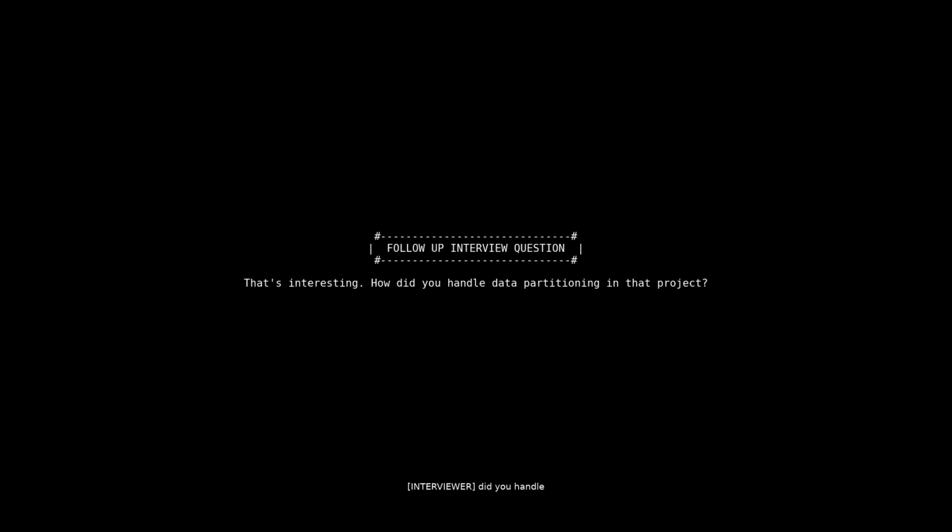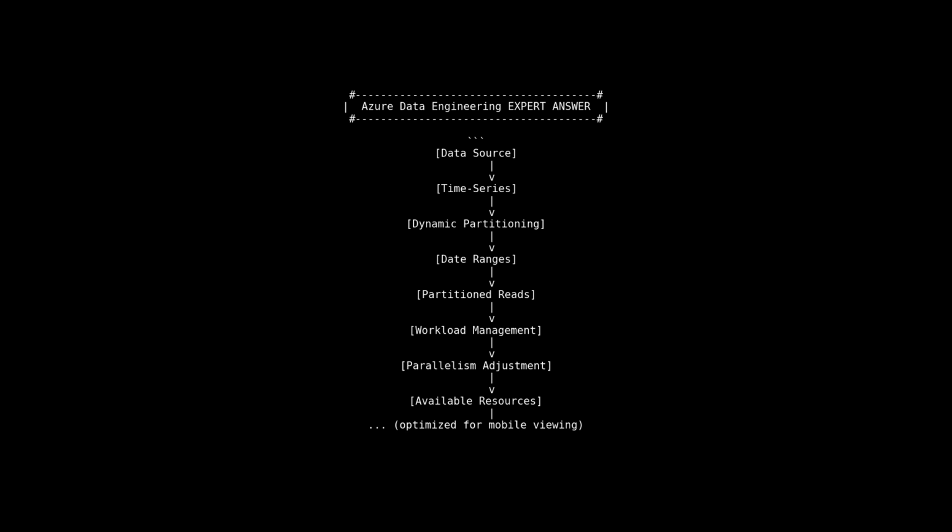That's interesting. How did you handle data partitioning in that project? Actually, we used dynamic partitioning based on date ranges because our data was time series in nature. By using partitioned reads, we could efficiently manage the workload. We also adjusted the degree of parallelism based on the available resources and the size of each partition to optimize